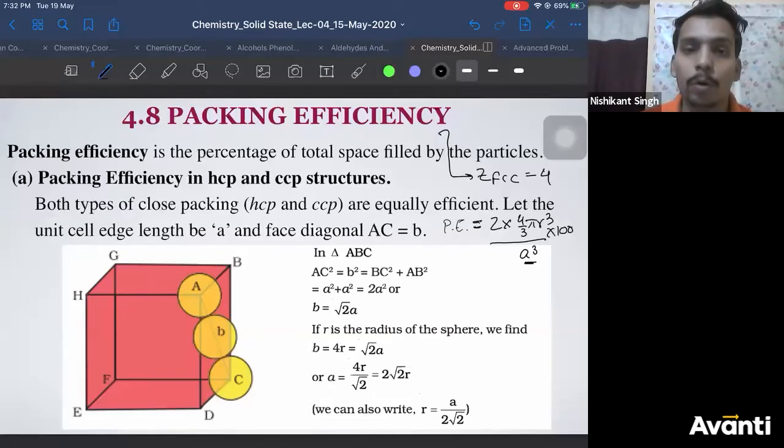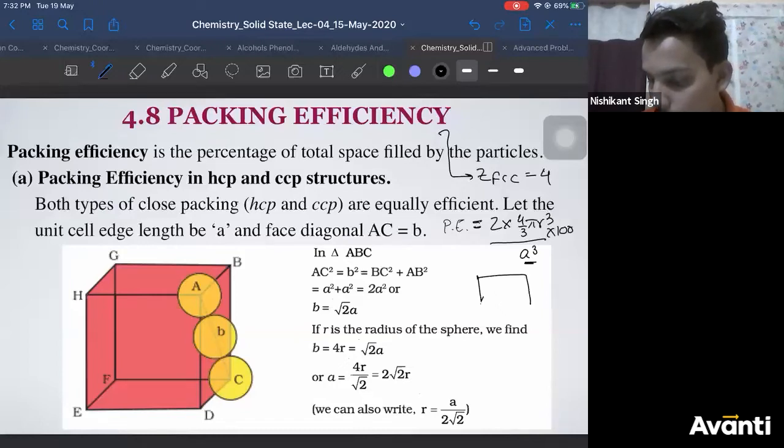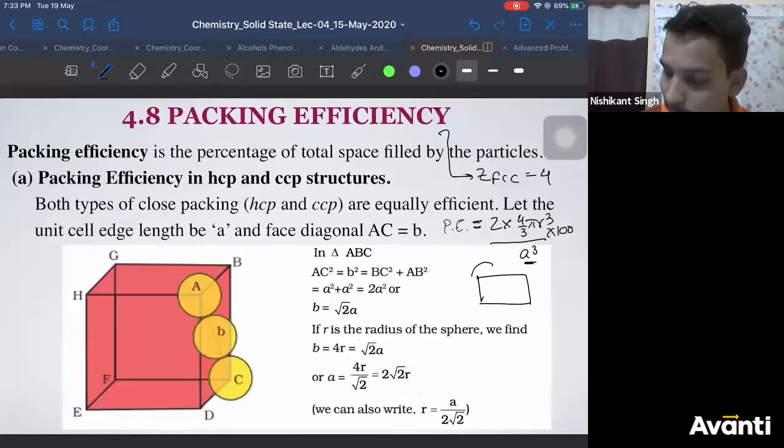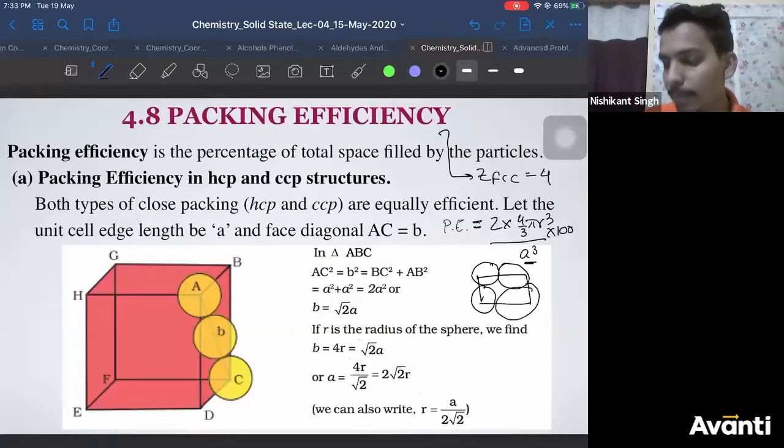All right. So what I said was you have to choose those particles which are touching each other. So guys, see here carefully. If I take simple cubic, all of you please pay attention. If I take simple cubic, the particles are like this. I'm drawing only the top face. I'm not drawing all the particles. So you can see particles are touching each other, right? So this is simple cubic.